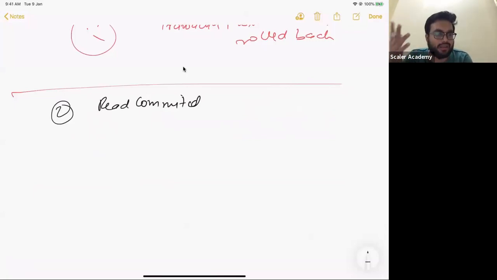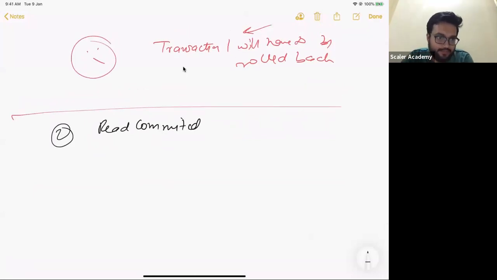Just think about all the possible things in the world and see in which system I would be fine with coming up with a read uncommitted system. And trust me, there would not be many systems in which you can do that. In fact, right now, I cannot think of a real life system which would actually be using read uncommitted. Does that make sense? But do not take that as a statement that it is not possible to build one. Yes, it is totally possible to build one, but it totally depends on the kind of use case that you have.